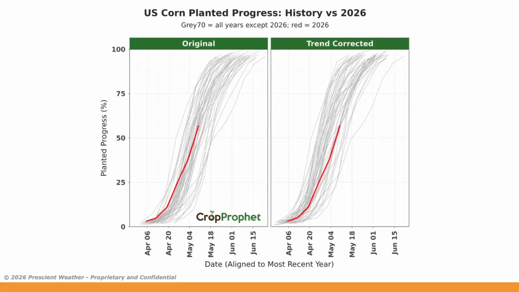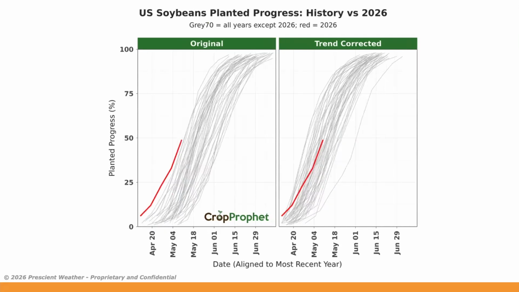Where this trend is more significant is in soybeans. And so, again, on the left-hand side, we see soybean planted progress relative to all prior years as earlier than it's ever been. This information has been in the news, with agriculture news outlets speculating what the implication is for the soybean crop. If we do a trend corrected version, though, we see that in fact the soybean crop is actually quite normal relative to a trend corrected crop progress. And so instead of it being quite early, the trend is such that if we correct for it, it's really been a normal year relative to prior years for the crop progress.